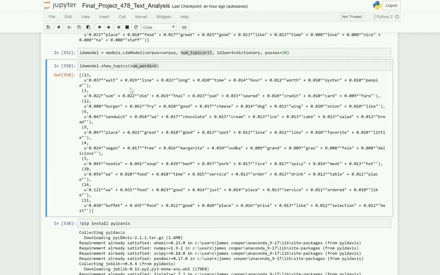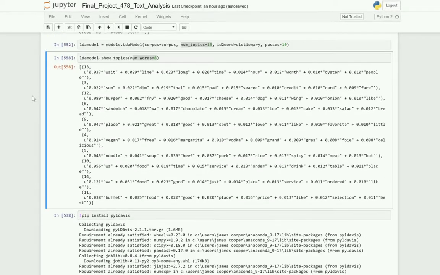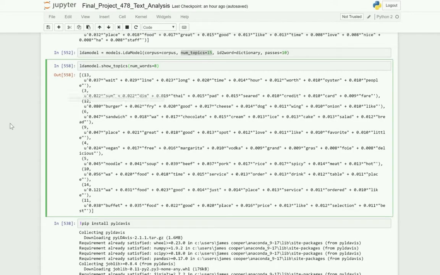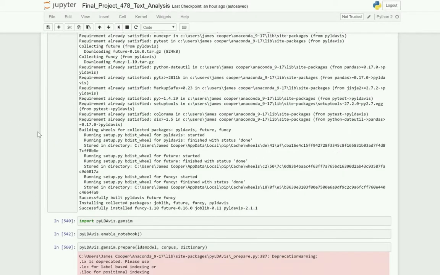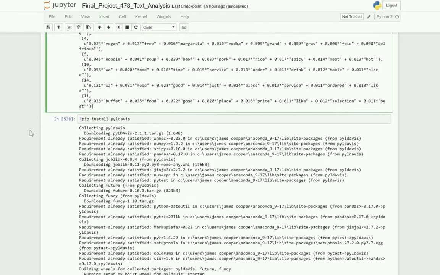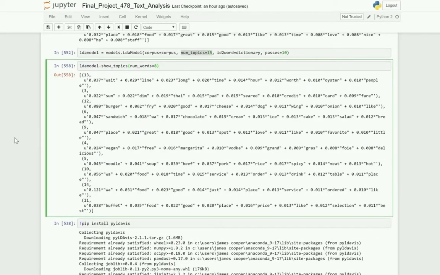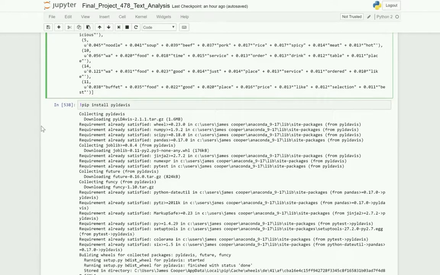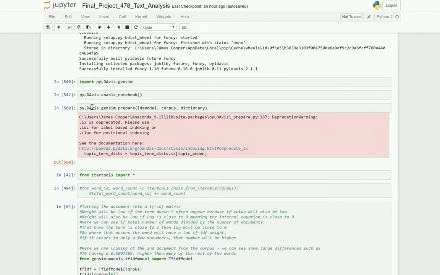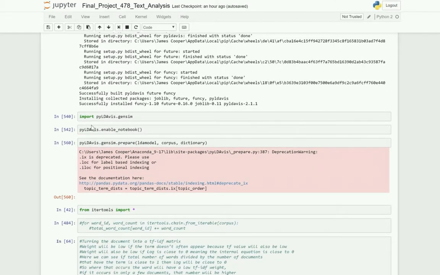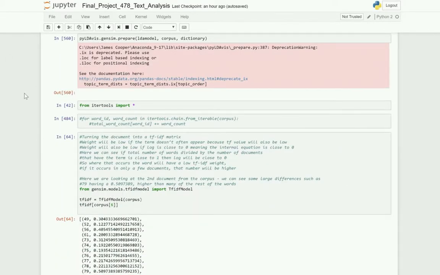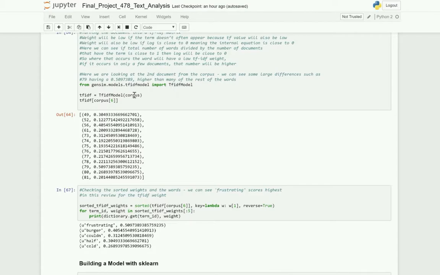So you can easily run this model and get the major themes of the data out of it. It's a really intricate function that there's a lot you can do with that I didn't have time to explore, but I will be exploring. There's also a really cool visualization that I made that crashed my computer, so I will turn that in with the final project. Then I used the TF-IDF model